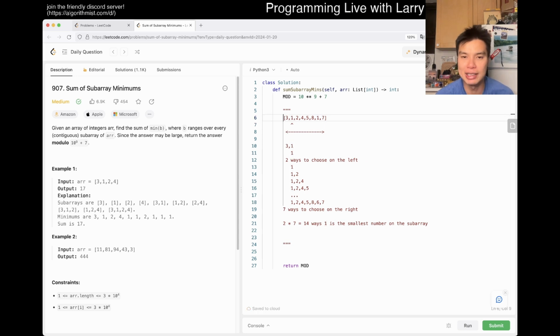Let's say you have 2 1s, right? Then what happens with this degree of freedom thing? Well, on the left side, there's only 1 way to choose on the left, same thing. And on the right side, you could also say the same thing, right? However, now if you do the same thing on the 1 to the right, let's say now we're using this one, you're going to double count, because now